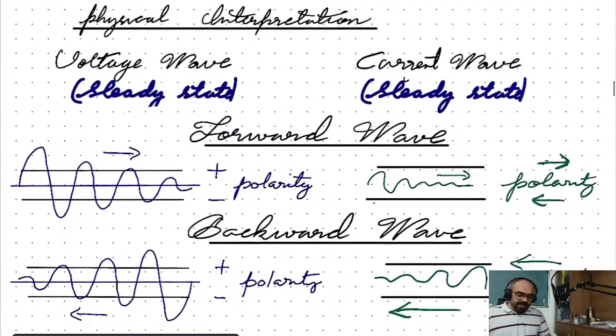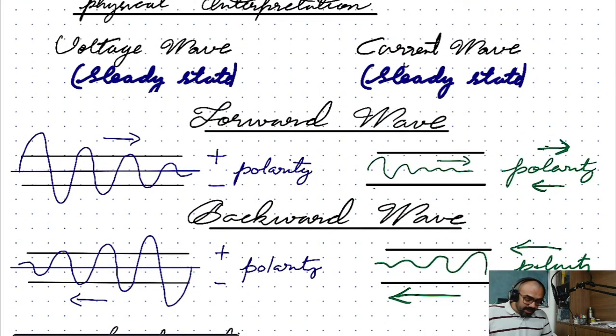A very quick physical interpretation again of these equations. The voltage wave and the current wave, two terms are here. Notice the polarity that is assigned to the voltage waves. Even when it is going backward, it still has the same polarity as the forward traveling wave, just the directions are different. That is why the expression is V plus something plus V minus something. In the current, however,